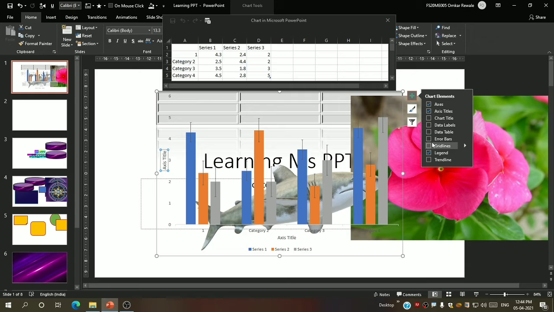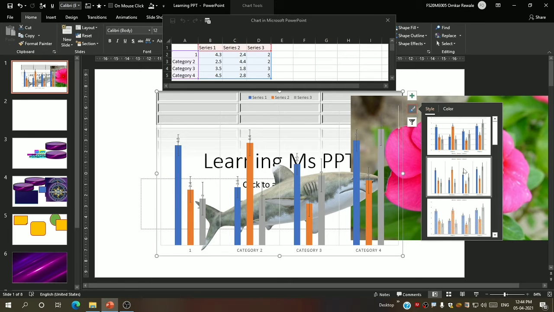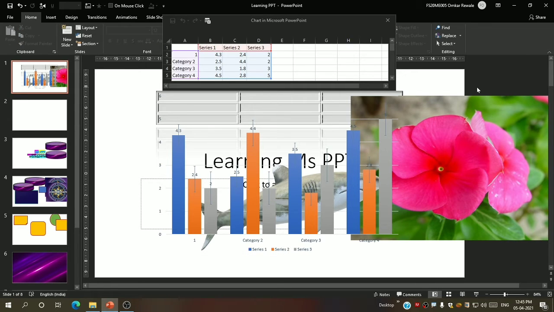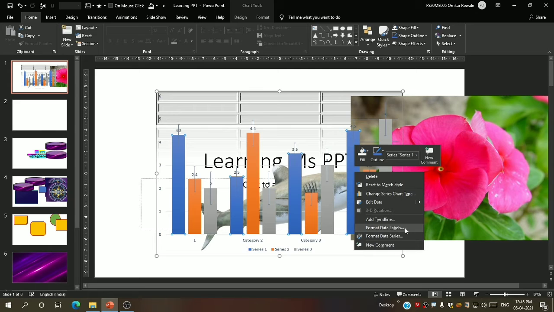Just try this at your home when you will use this and you can see what happens when you do such. But these are the different types. If you know this type, if you want this type, then you can go for them. There are also many other editing options, outline, series, new comment. You can also try them all. You can see how they work.